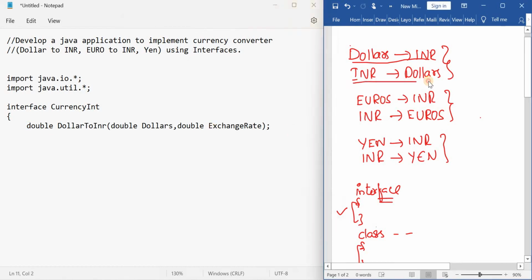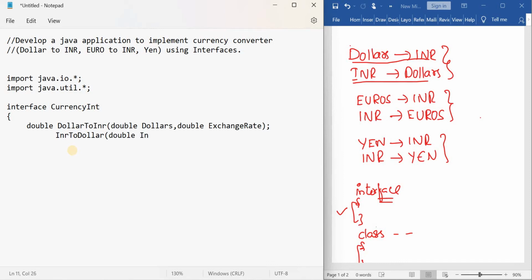What is the second method? Converting Indian rupees to dollars, right? So give the name indianRupeesToDollars. So this method also requires two inputs. So first one is it requires rupees as input.